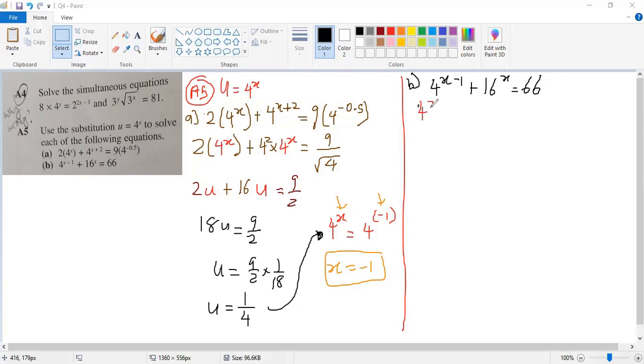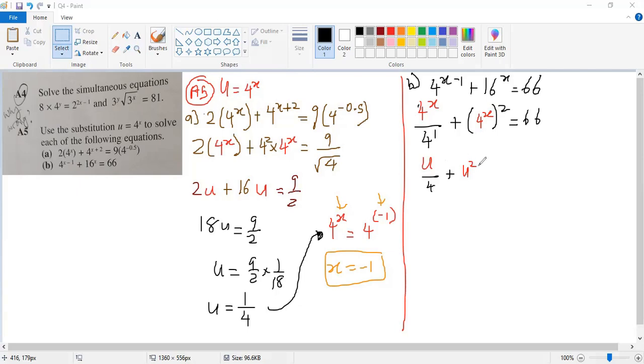That means this is 4 to the power of x, the negative 1. That's what you need to let be free. So here, we write it in terms of 4 to the power of x. It becomes clear. So 4 to the power of x, and 16 to the power of x is 4 square to the power of x, so that means it's a square outside. You know what I'm saying? Equals 66. So now we let the substitution of u there. So u over 4, algebra laws, you almost know this part, plus this is u square